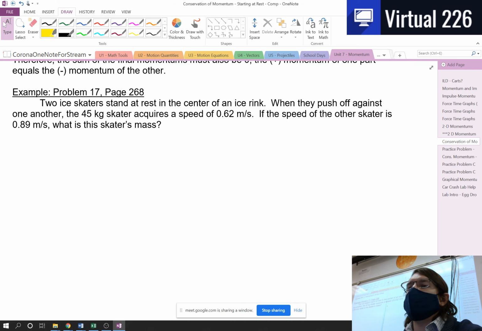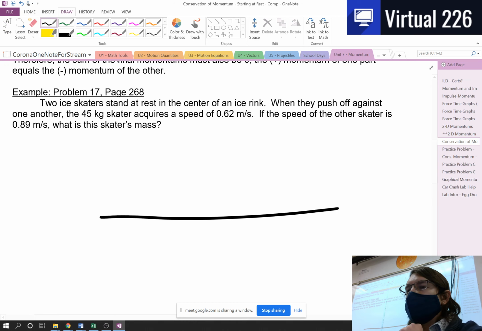But we've got 2 ice skaters on an ice rink. And we like to pick an ice rink here because it's a frictionless surface. So let's just make our little ice rink here. Let's draw a picture like Grandpappy Bots taught us to do. And here's our poorly drawn ice skaters. One's got a red cape, and the other one has a blue cape.